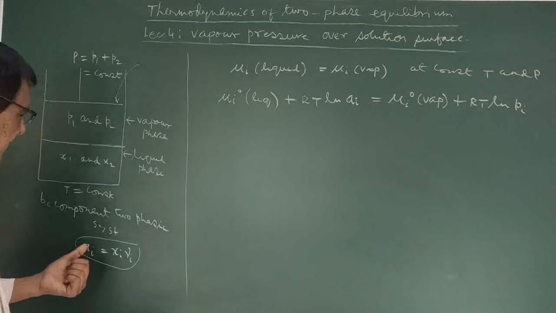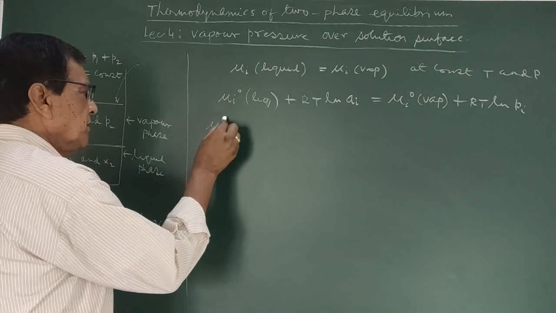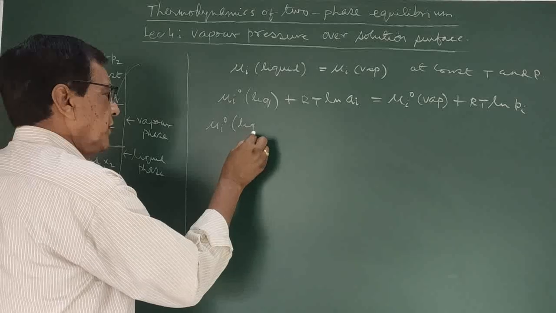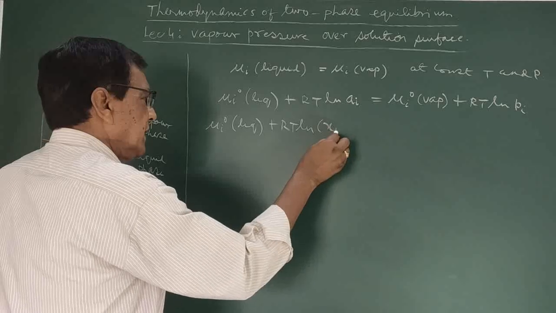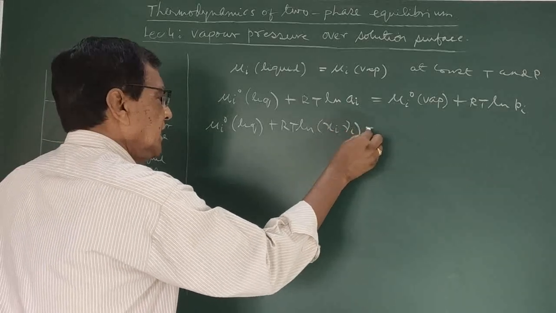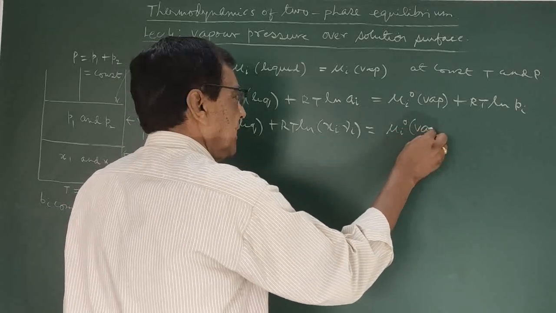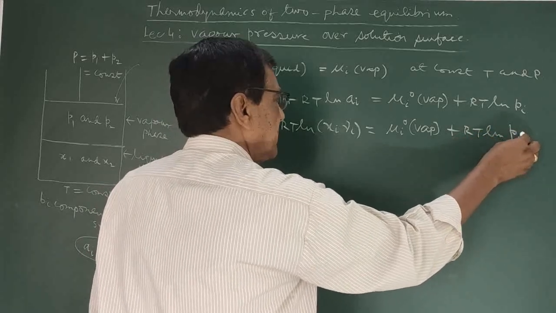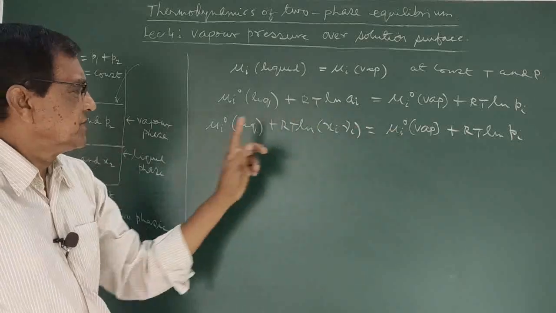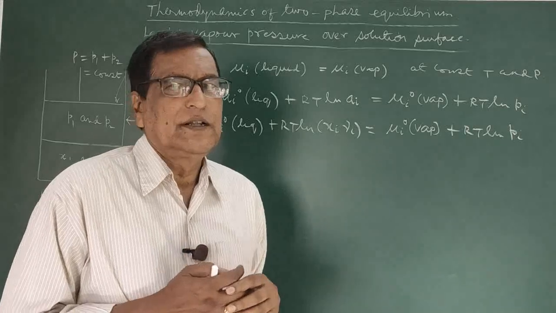If we replace this a i by x i and gamma i, then it will be mu i naught liquid plus RT ln x i gamma i equal to mu i naught vapor plus RT ln P i. Here there are two standard terms,